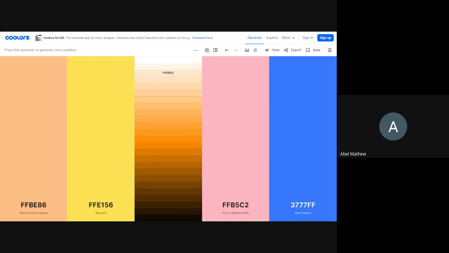So 0 to FF. It can have a maximum of 256 possible values, which ranges from 0 to 255. And 256 is 2 power 8. So in binary, it's 1 byte or 8 bits. Make sense? Yeah. So to represent one color channel, we need 8 bits.